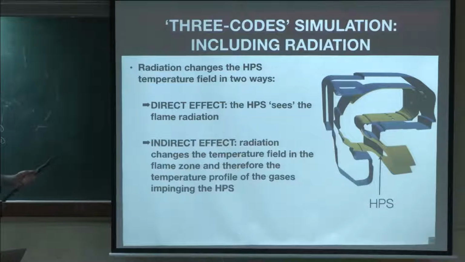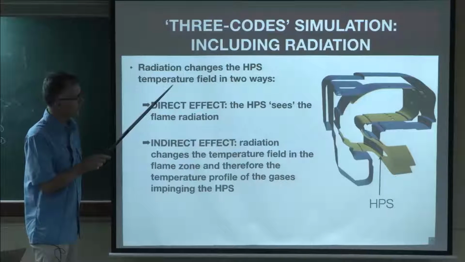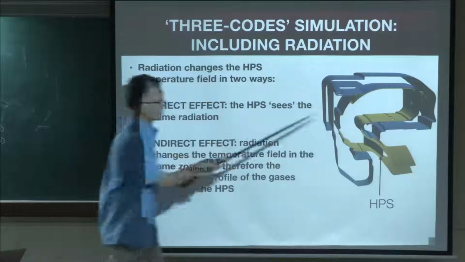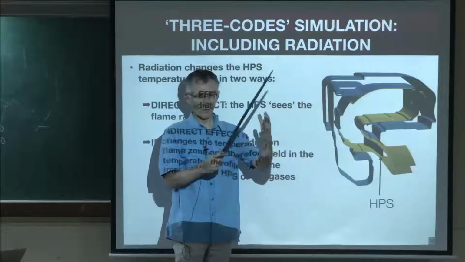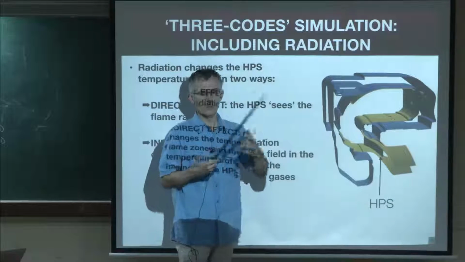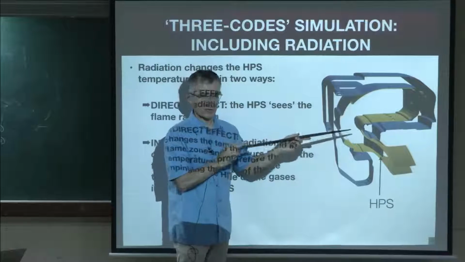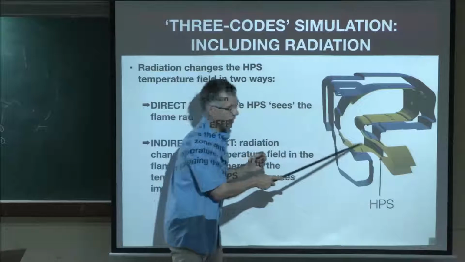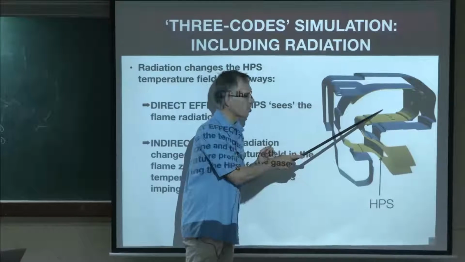Now, I'm going to show the results of these 2 simulations. I just want to point out that radiation here changes the flow in different ways. The first effect is that if you have radiation here, and you are sitting here on the blade, if you see the zones which radiate, of course, you have more heat flux. You know, radiation goes straight, okay? So that's a direct effect. But since most of the combustion takes place here, radiation doesn't take curves, okay? So this blade here will not see that much radiation from that point.